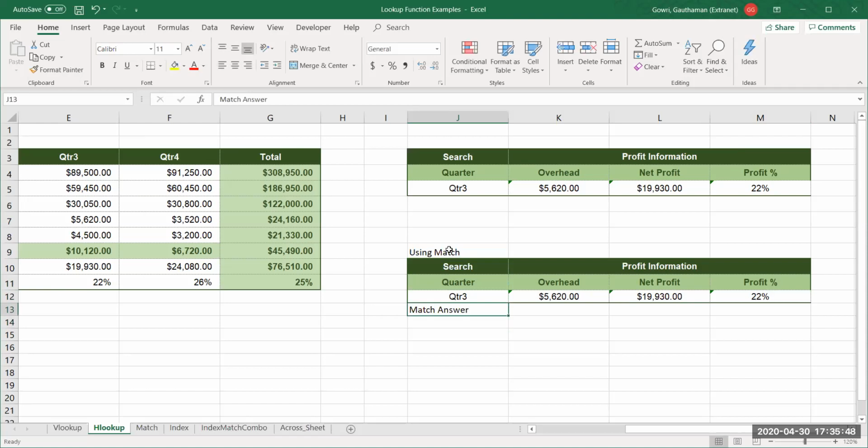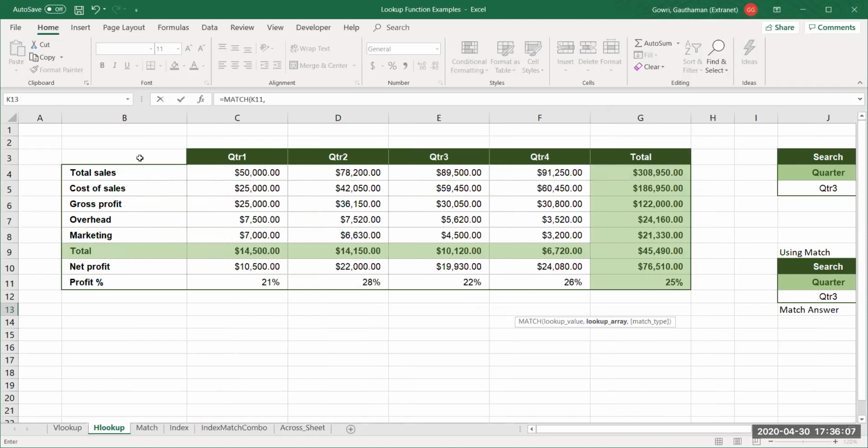Yes. So let's go here. See, in case of this example, overhead is the MATCH value, the lookup value for me. Let's say MATCH, and this is the lookup value. But where is it present? It is in this column. But I have to select from here.